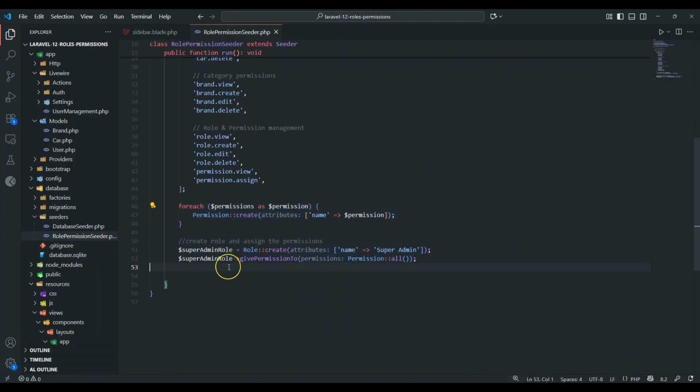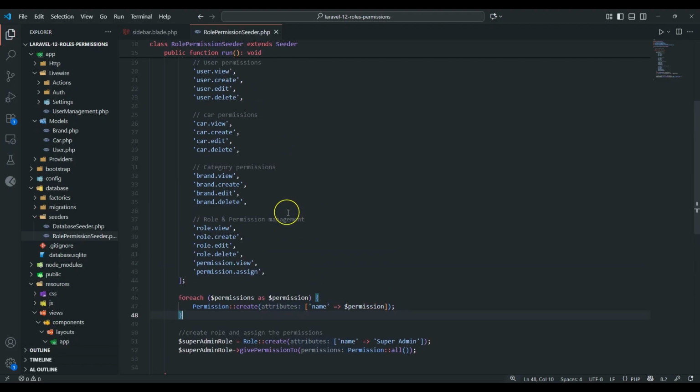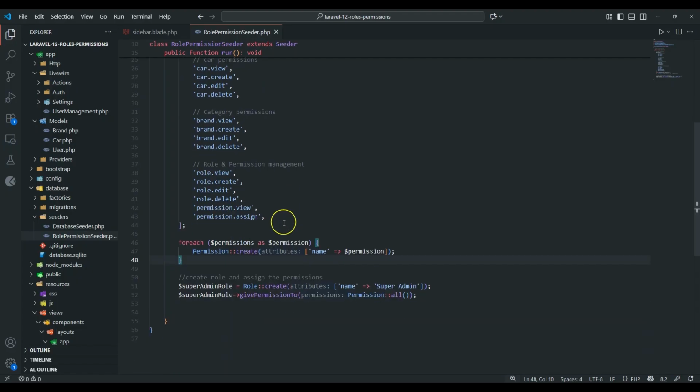So now after we've created this role with these permissions and assigned them here, it means we can run this command, and after that make sure you have the super admin of your system. So the super admin of our system currently is the one we are supposed to assign the role to down here. So we need to assign the role,